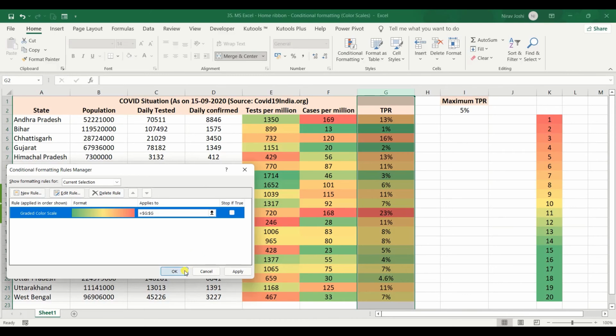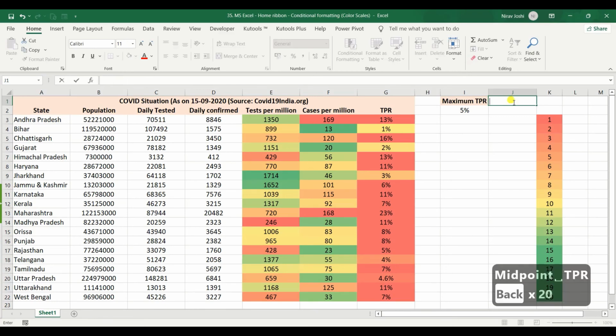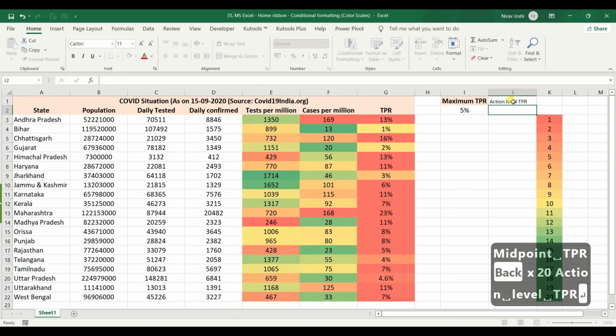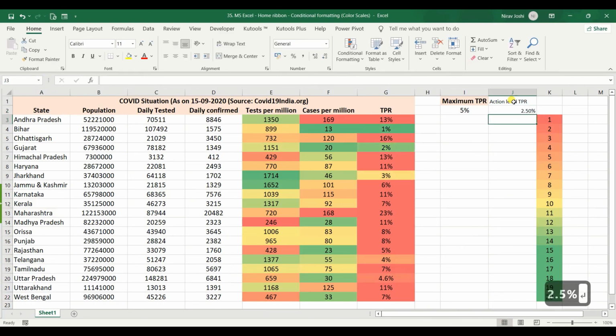So we can have another data that is midpoint TPR, or you can say action level TPR, etc., right? And I would say it can be 2.5 percent, and we do this. Okay, this is 3 percent because the decimal has been removed, right?